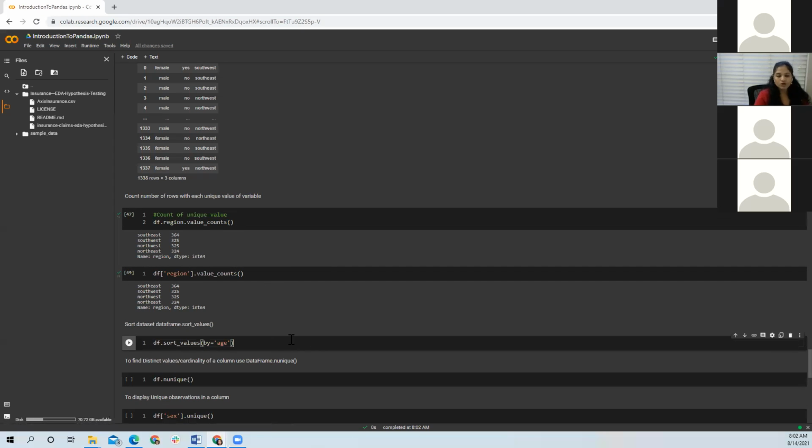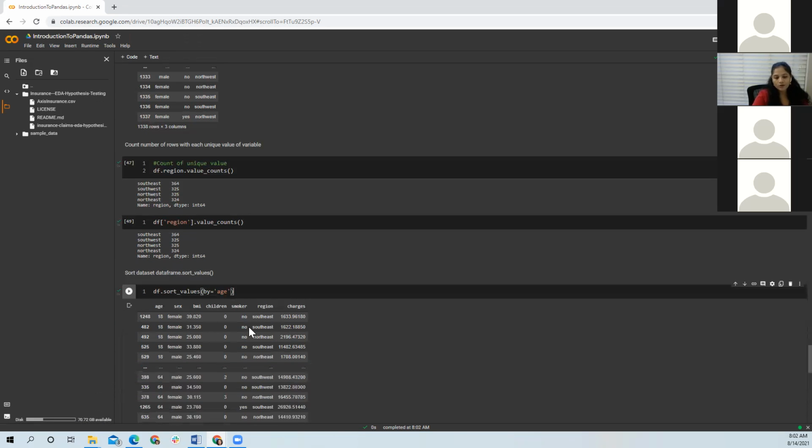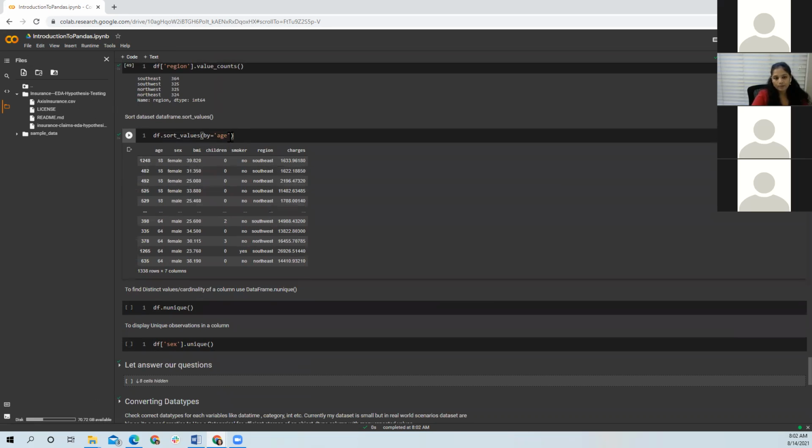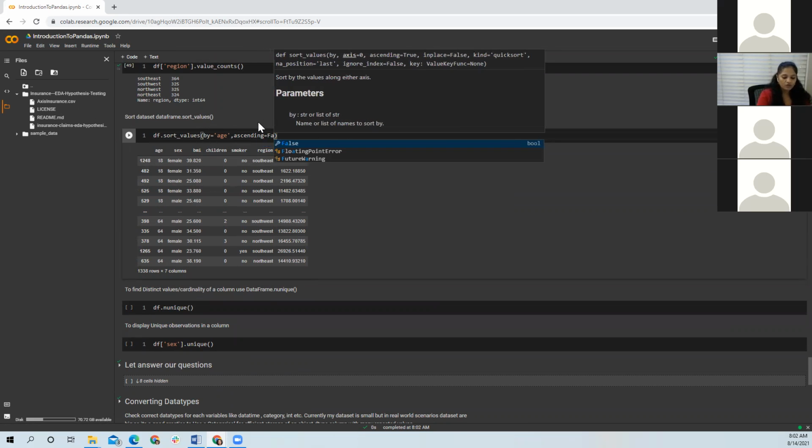Now, if you want to sort values from your data frame, you can use the sort_values method. You just have to mention which attribute you want to sort the data frame by. Here I'm using age. By default, it will sort in ascending order. But if you want it in descending order, you just have to mention ascending equals False.